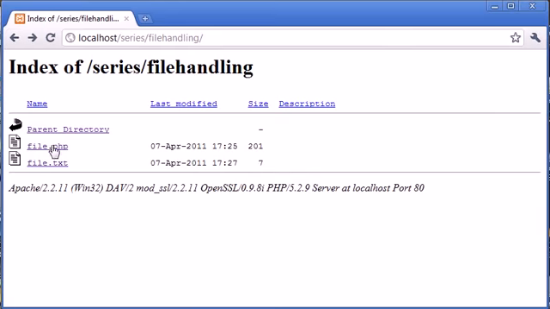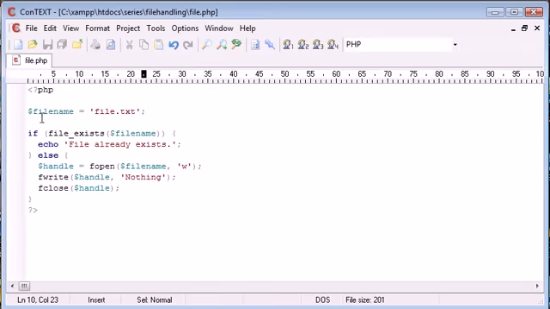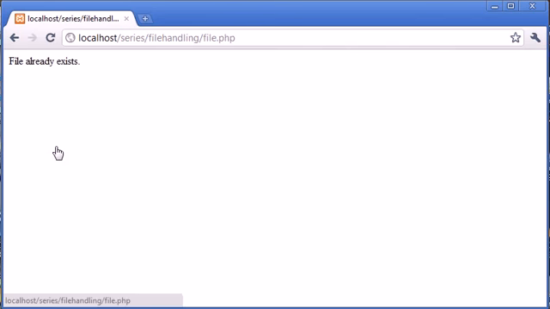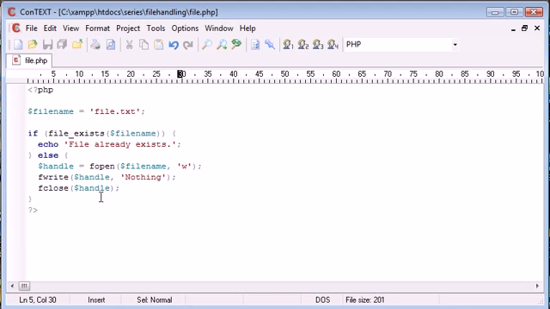Now when we enter file.php for the second time, what we're doing is checking if the file already exists, so if file.txt already exists. So now we can see if this function is properly working. Well, we already know that it's working because we've run the second block of the if statement, but let's go and check it anyway. So it says file already exists. So this is the file exists function in PHP. Really useful, like I said, when you're handling file uploads and you want to check if a file name already exists, just to ensure that you don't overwrite